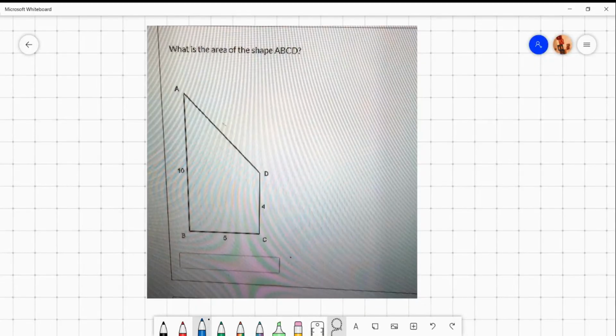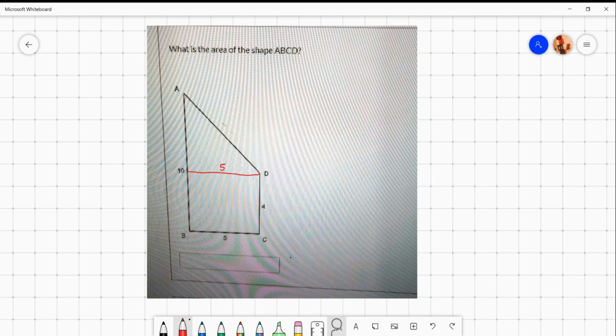In this question, we'll be finding the area of the shape ABCD. The shape ABCD is made up of two different shapes. So if you drew a line that is parallel to BC, then it